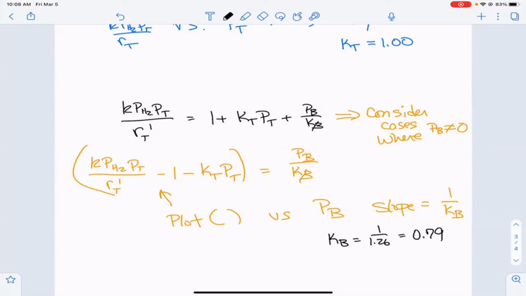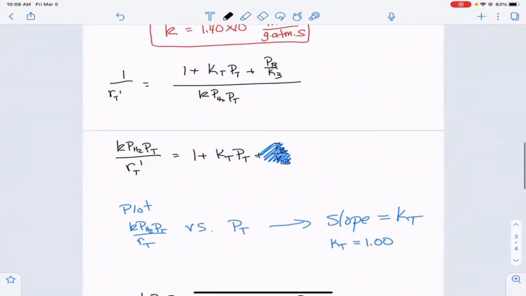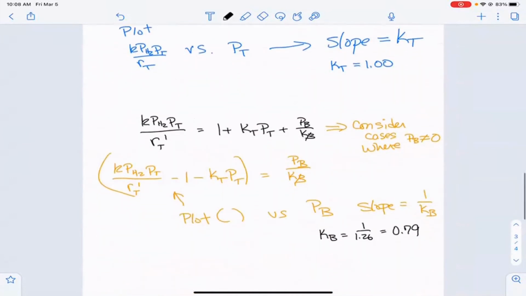Okay. All right. So do you guys have questions about the second step, where after we determine the rate law, we then determine the reaction rate constant, and we determine KT and KB? Okay. So if that's the case,